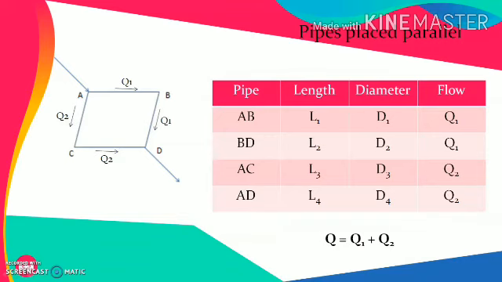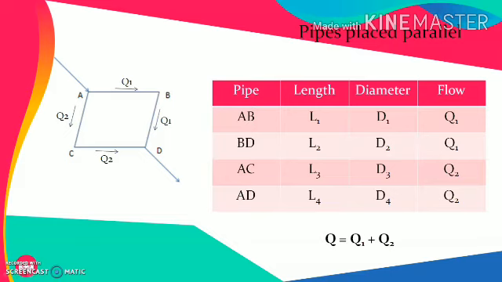Now consider a network consisting of 4 pipes, a network ABDC. The properties of those pipes have been mentioned in a table. So once again, try to understand that this particular problem is for the pipes placed in parallel and we need to replace it by one equivalent pipe. Equivalent pipe means it will have the same capacity in terms of the flow carrying, and its total head loss will be equivalent to the head loss that is occurring in this particular network.